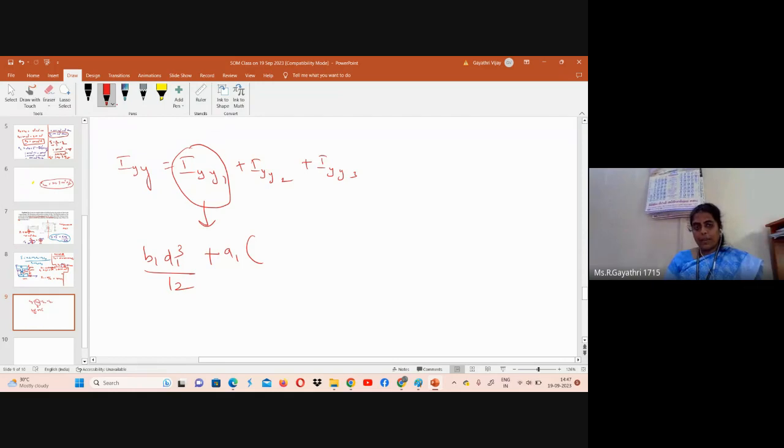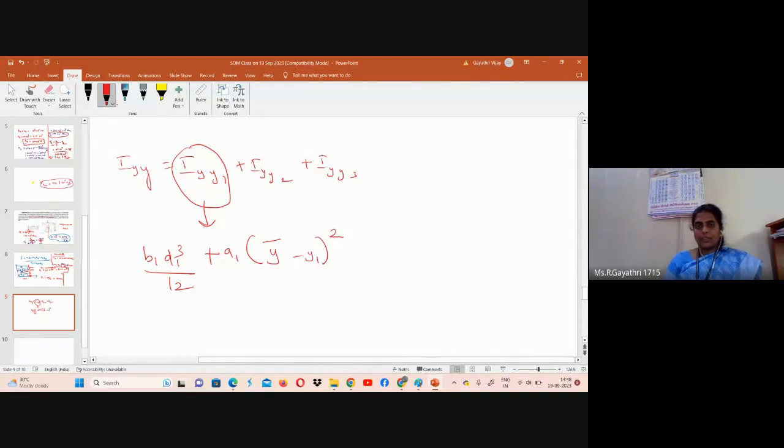B1 D1 cube by 12. If it is passing through centroid, we can tell B1 D1 cube by 12. But here this is not passing through. Section 1 center is not passing through centroid. So we can write B1 D1 cube by 12 plus A1 of bigger value y bar minus y1 the